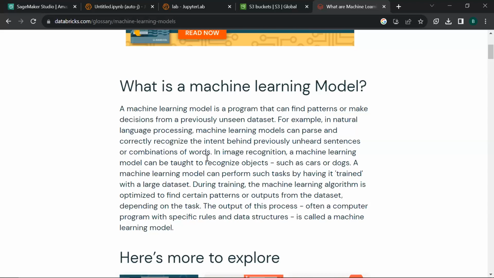And during training, the machine learning algorithm is optimized to find certain patterns or output from the data set, depending on the task. The output of this process, often a computer program with specific rules and data structures, is called a machine learning model.